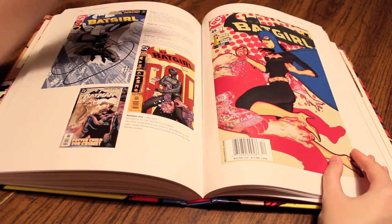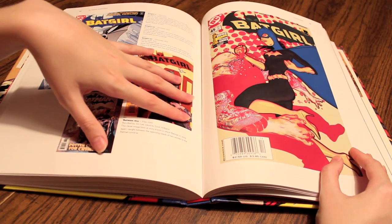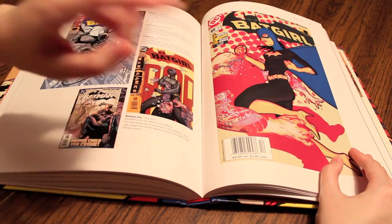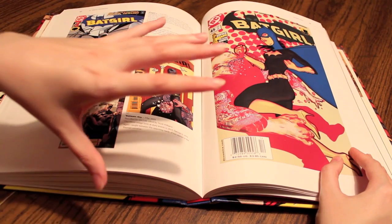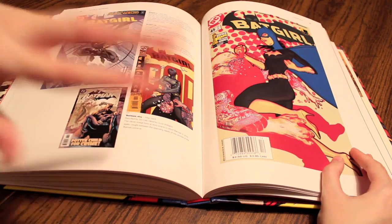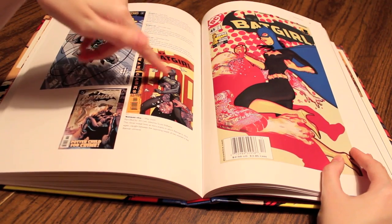Now, this cover and this cover here are by James Jean, who is a really great artist. And James Jean doesn't do a ton of comic book covers. Well, I shouldn't say that. He does a lot of comic book covers, but they aren't as mainstream. He does a lot of work for Fables, I'm pretty sure, and other things. He does advertising and things like that too, but I really love James' covers here because